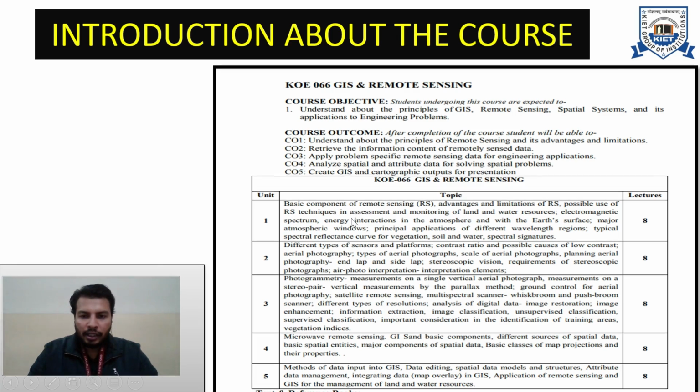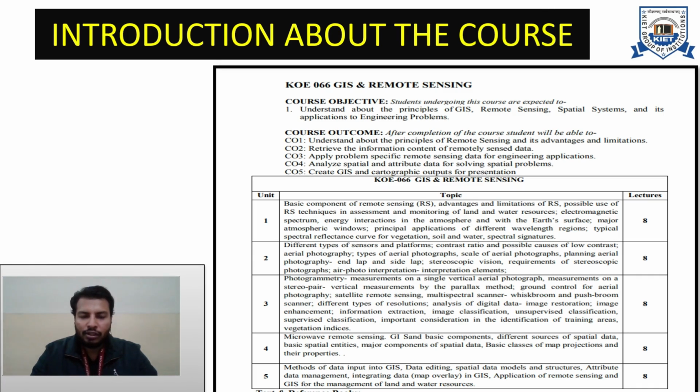It enables us to discuss various topics such as the basic concepts of remote sensing, the advantages and limitations of remote sensing, possible uses or applications of remote sensing techniques in various landforms, the role of electromagnetic energy, the electromagnetic spectrum, the different types of atmospheric windows that are available, and the spectral reflectance curve for vegetation, soil and water,